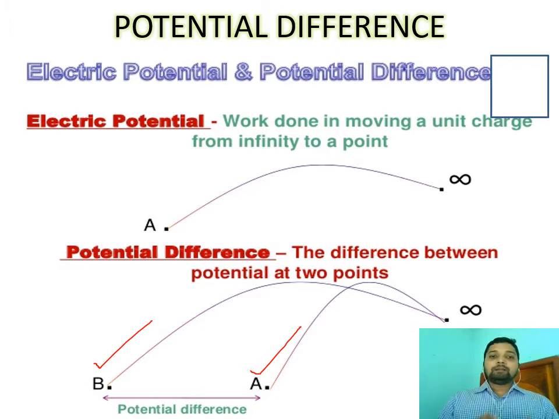Work done by charge is the potential difference. Potential difference is denoted by the letter V. So V equal to W by Q. So we got here one is current, one is potential difference. Next, here we can discuss